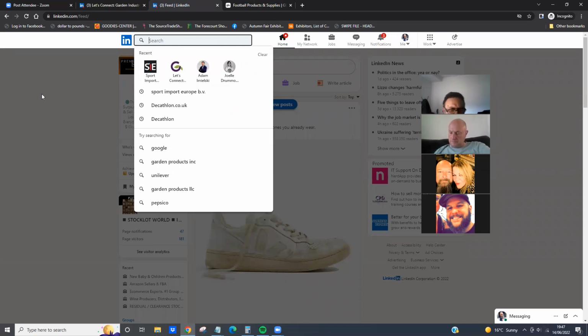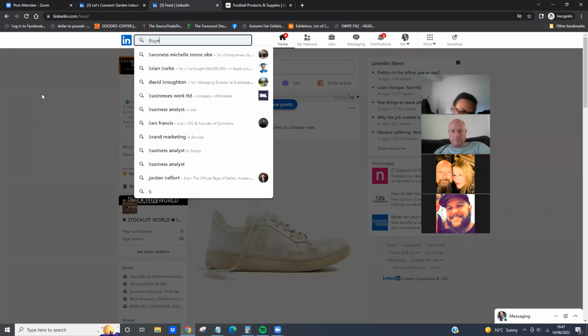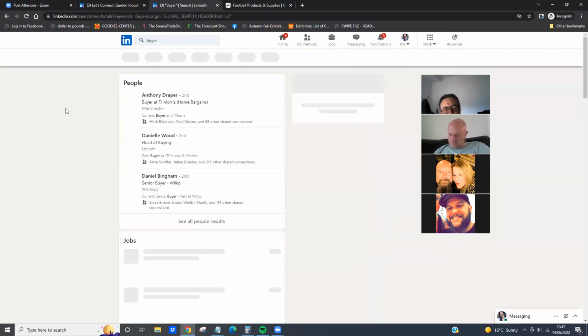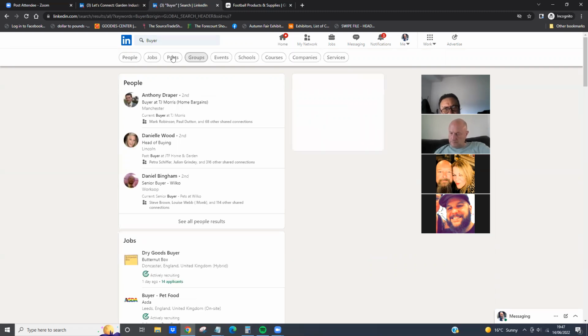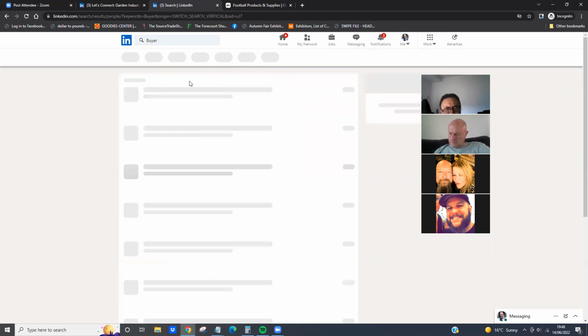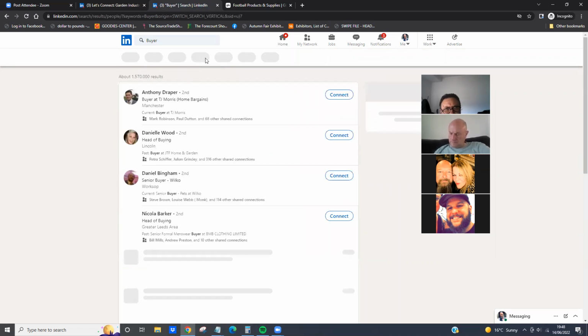So when you connect with buyers, if you literally just put the word buyer in the search box and then filter it to people first and then location.